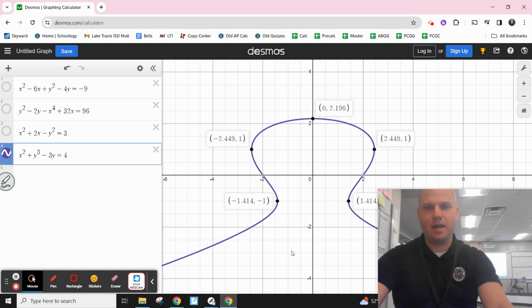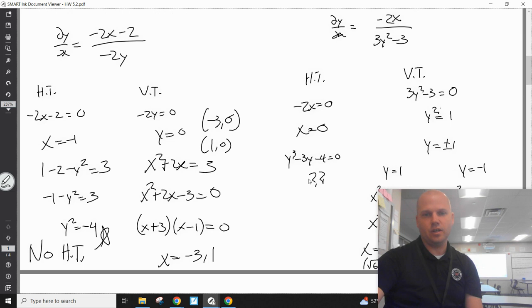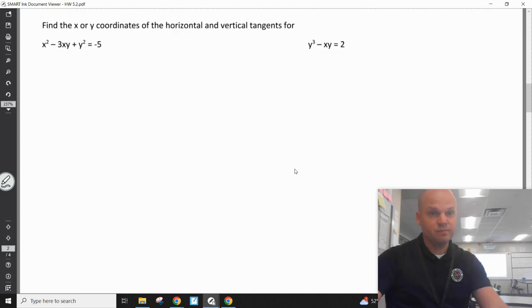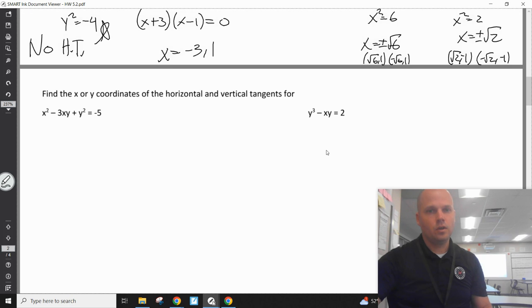Bam. We found all 4. That's really cool. And we found there was a horizontal tangent. We just didn't know the y coordinate for it. All right. Now, these are the ones we need to spend extra attention for, because this is what shows